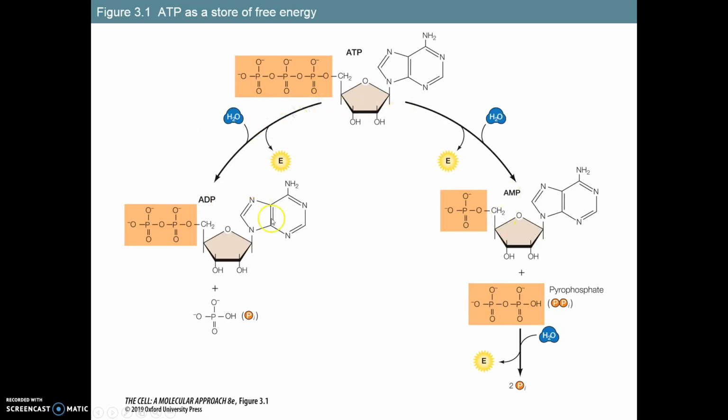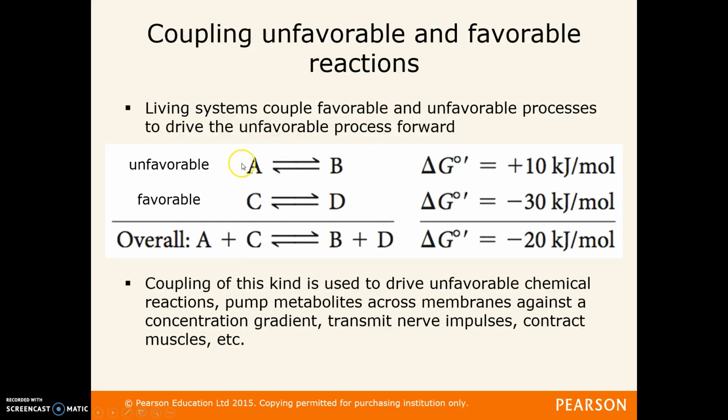So ATP has a lot of potential energy and a lot of possibility for increasing entropy. So consequently, it inherently has a negative delta G. So how does that help us do things? Well, if we have a particular reaction, such as A becoming B, and it has a positive delta G, which means that it is an unfavorable reaction, if we can somehow couple that to a negative delta G reaction,